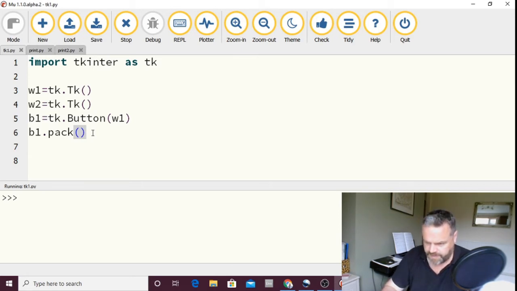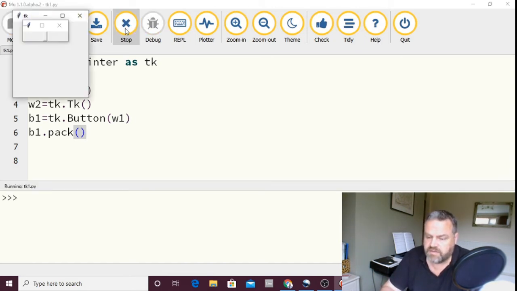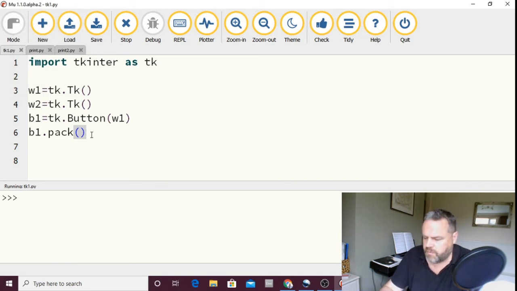What will happen is your widgets and your windows will be made as small as possible, and there are algorithms written into pack which will decide where your widgets go. So it's a good way of doing things initially, definitely. You can see your window's got really small and your button is working, so that's what we want you to do. The other thing that we want you to put in is this line,